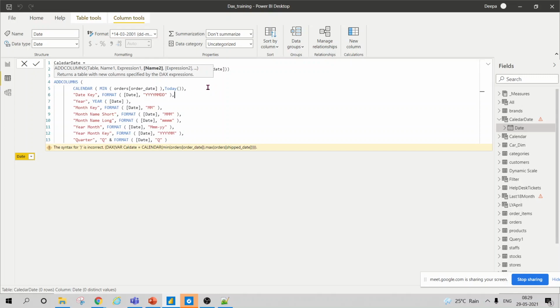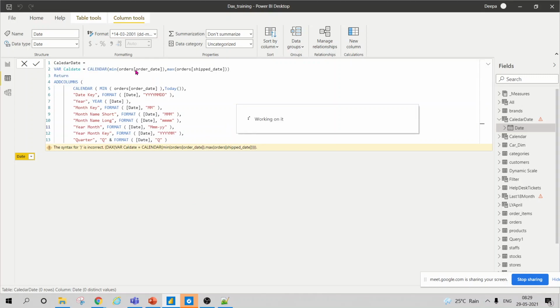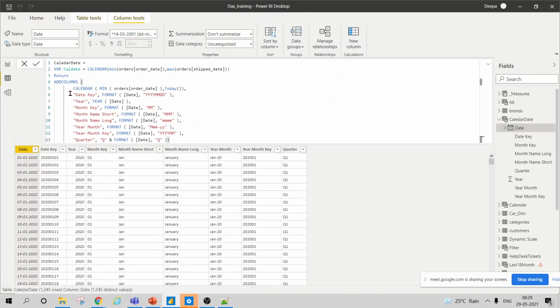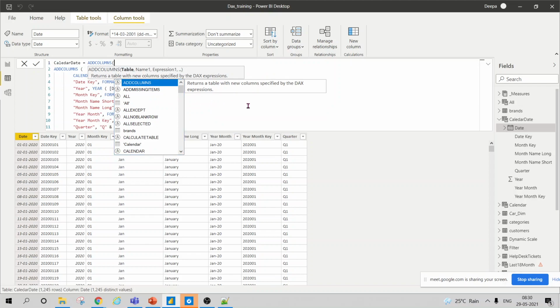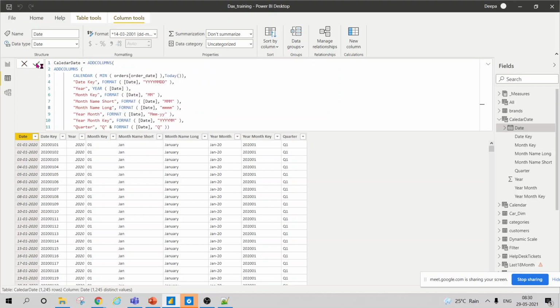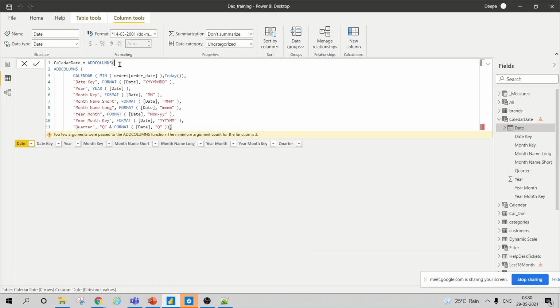Now there are two ways to add a column. Let's first see that. You can either use this variable and return to get these columns. You can even choose, like here I have taken, and you can see the output here. This is completely how you want to use your tables. You can also choose not to use this. So this will also give you the same results. Let's wait for it to apply. Now there are two add columns which will give errors.